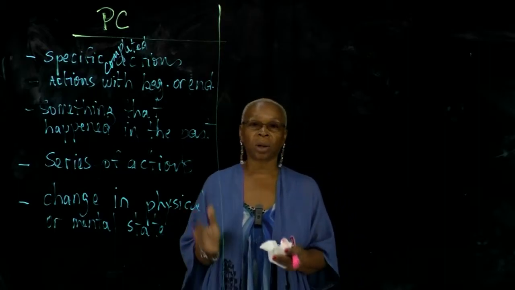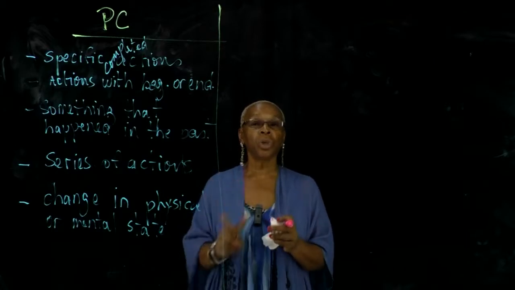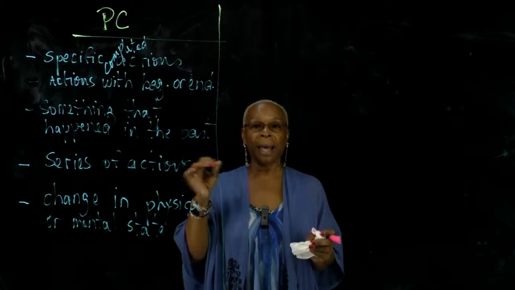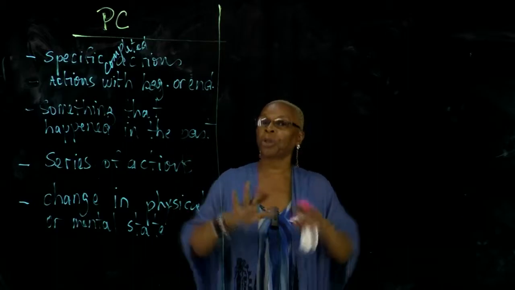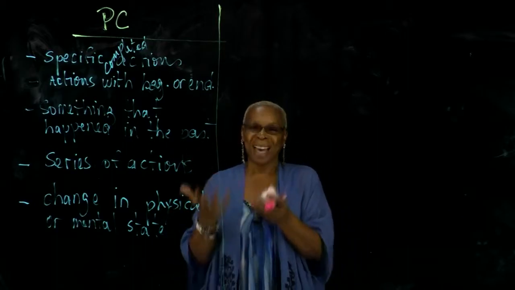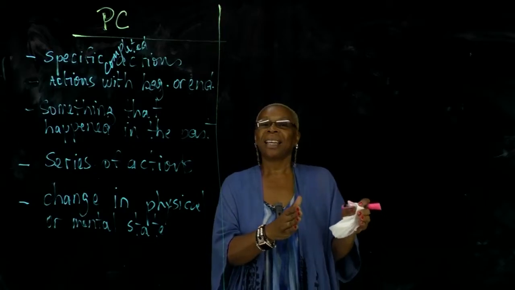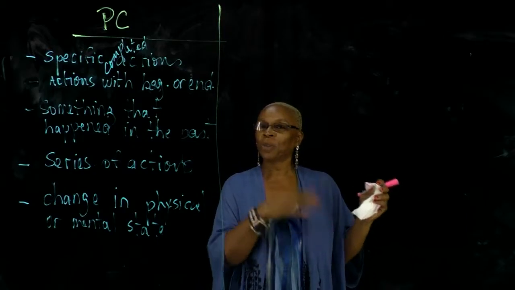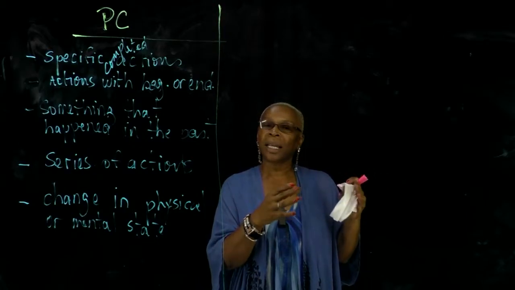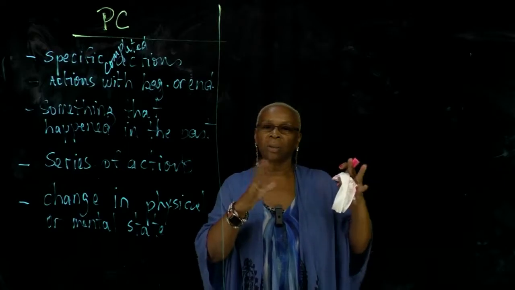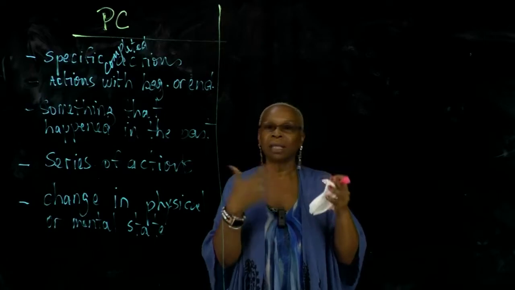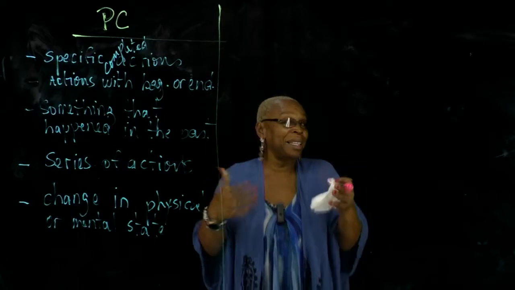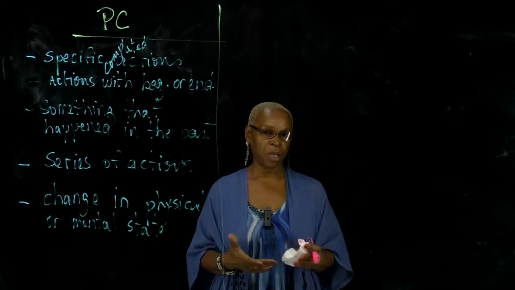Passé composé is called this way because it needs two things to form it. It needs a helping verb, either être or avoir, plus a past participle. So it's a composed past. And imparfait really means imperfect, which gives us the idea that the action was not specific, we didn't have a specific duration of time, or we're not interested in that type of information. So